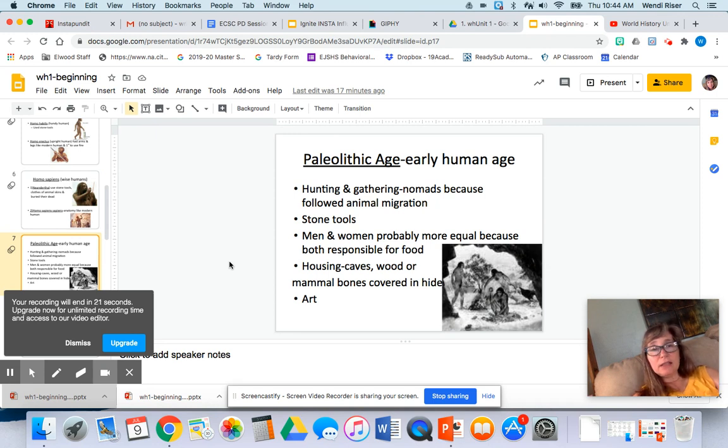Paleolithic age is the early human age. Things you need to know: hunting and gathering. They were nomads because they followed the animal migration. They used stone tools. Your book argues that men and women were probably more equal because they were both responsible for getting food, and then the housing, caves, wood, mammal bones covered in hide, and they